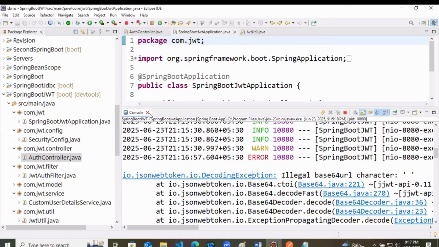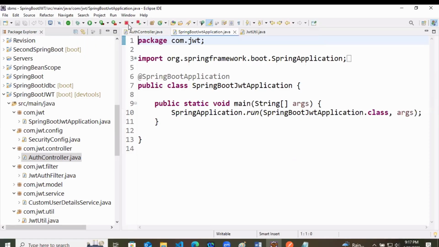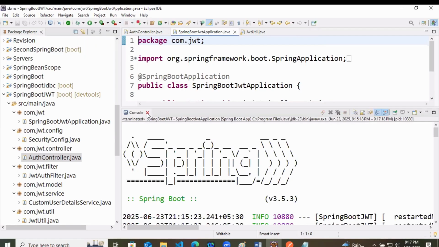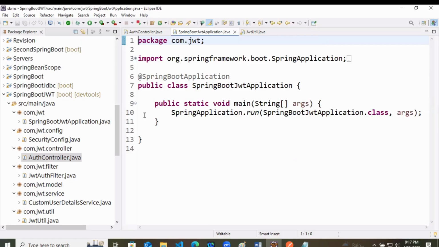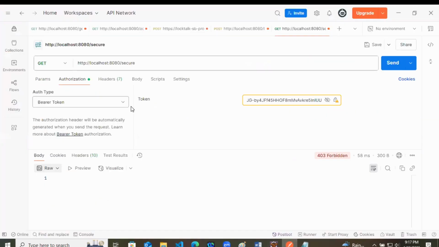So that is how JWT actually works, right? You have to read this code at least two or three times to understand how it actually works, and then you will be able to understand it. I have written JWT multiple times in multiple projects, and still I'm getting some error. We'll sort it out tomorrow.